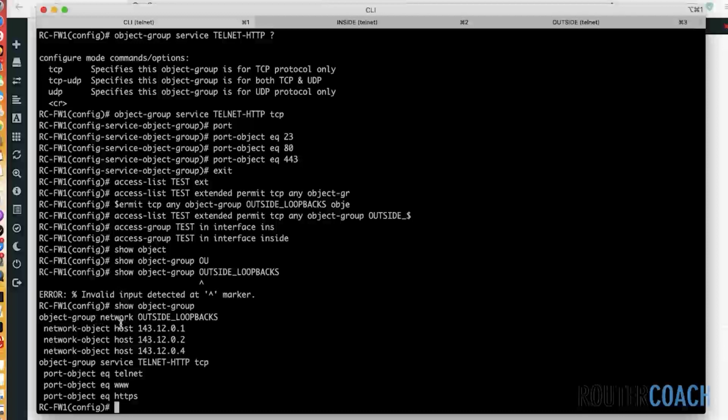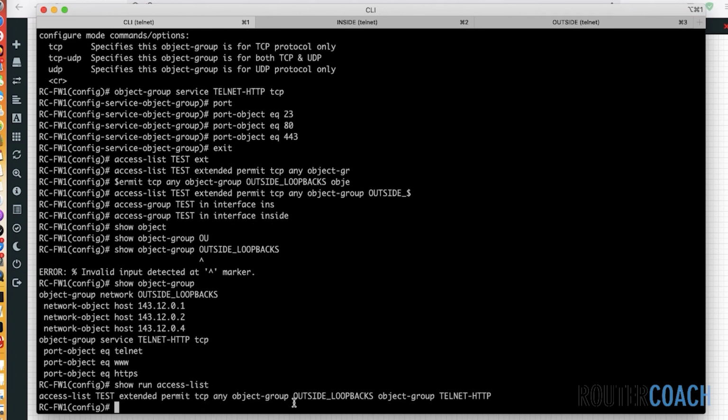Now we see that in our object group outside loopbacks, if I was to add a host here, it will have all of these properties added to it. So currently, show run access lists. We only have a single access list covering all of these hosts and all of these services. Now, if I was to go into this object group here,